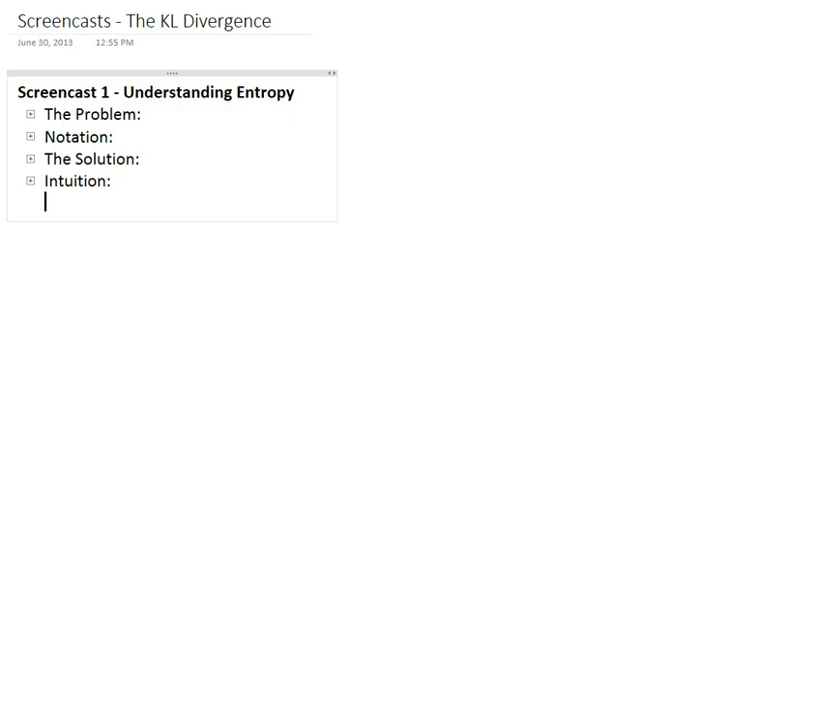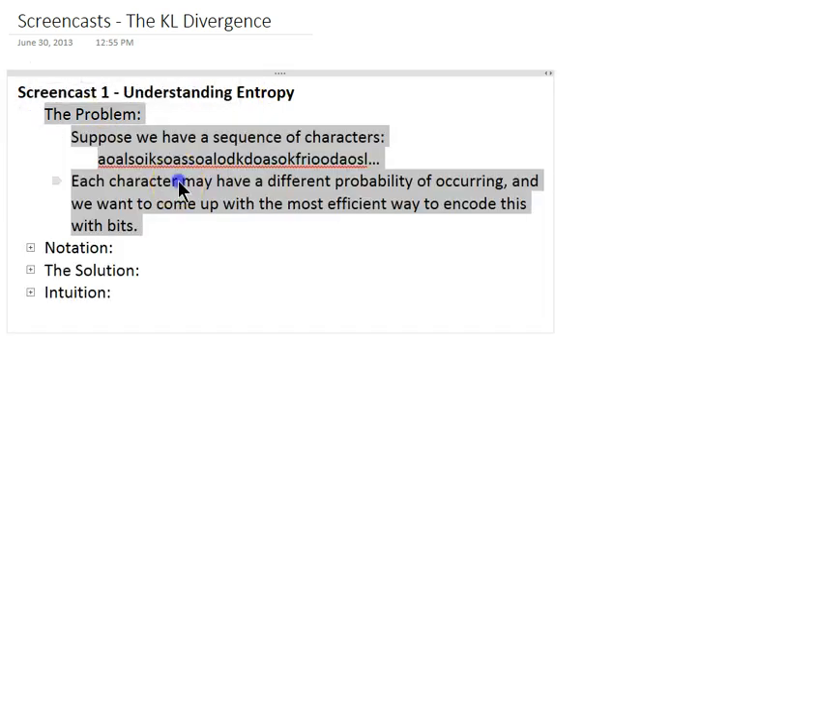Alright, this is the first of probably two screencasts related to the KL divergence. In this screencast, I'm just going to be going over entropy, my new understanding of entropy. So, the entropy, I think, relates to the following problem, where we've got a sequence of characters, and each character